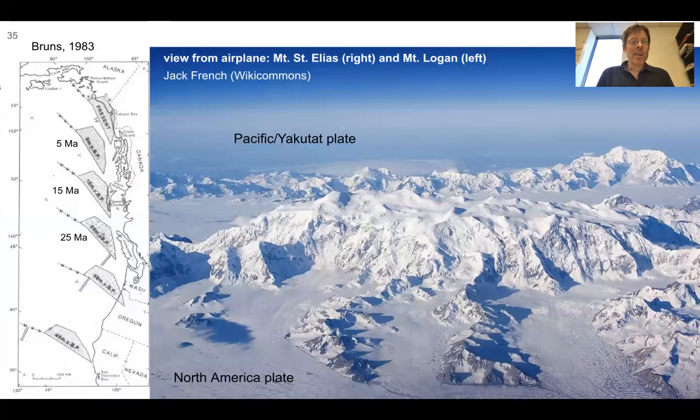So our analog here, proposed even as early as 1983, this is Alaska up here, the present day configuration of, at the time, the Yakutat block, but we've seen is probably partially under Alaska now. Where it was 5 million years, 15, 25 million years ago, the idea is that this terrane, as part of the terrane wreck, is coming from a long ways away, and that through this collision and resistance has formed these